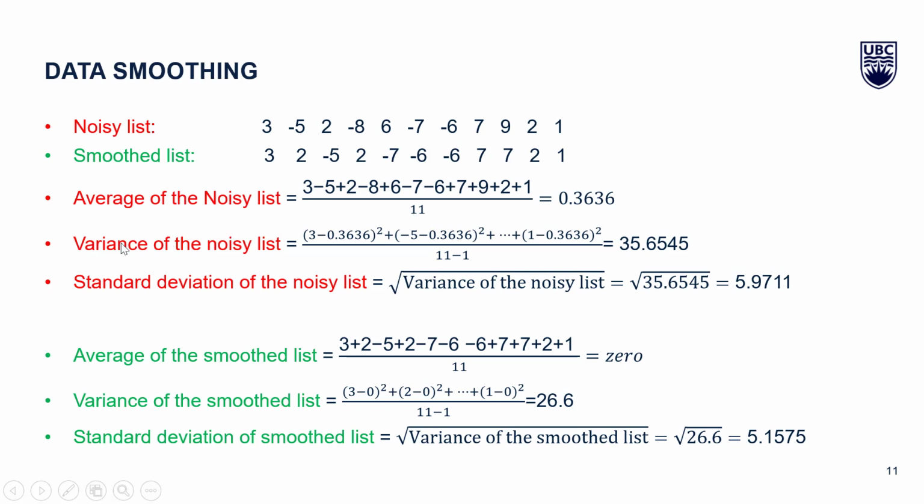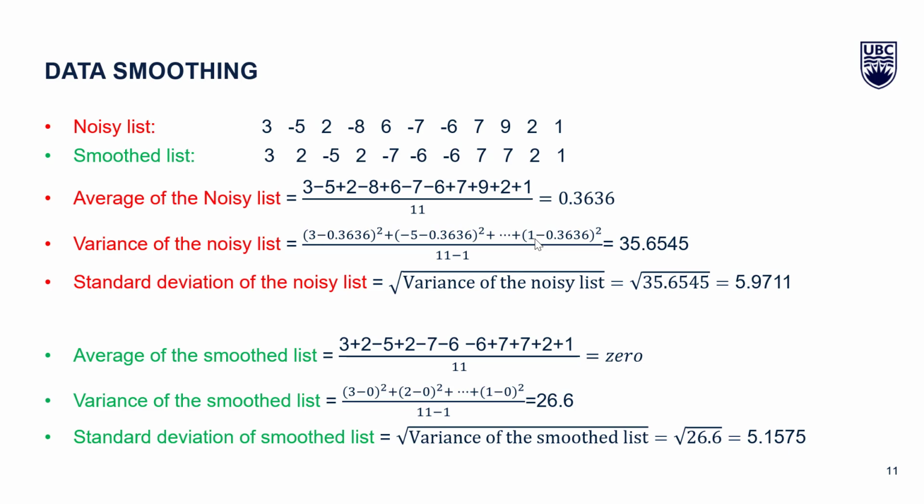After that, we will calculate the variance and the standard deviations. We will follow the same way as what we did in lab 4, and we will repeat this process and calculate the average, the variance, and the standard deviations for our new smoothed list. And compare the results between the results that we achieve using the noisy list and the results achieved